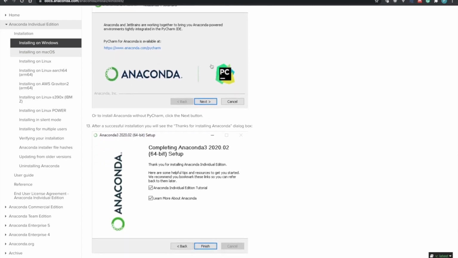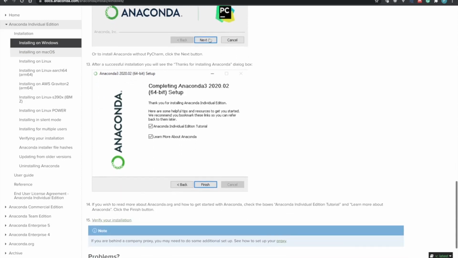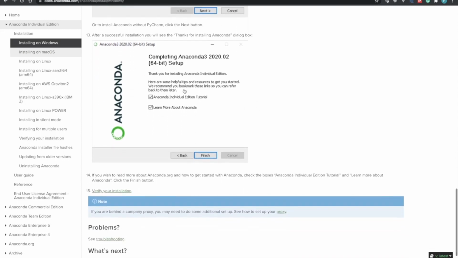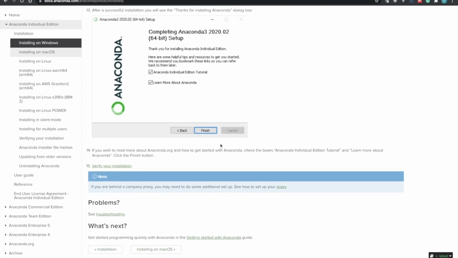But later on, as you go on, you might need to use something with more features, and at that point you can download PyCharm. But for now, you don't really need to. So just click next here, and here just leave the defaults and click finish. So that concludes the installation of